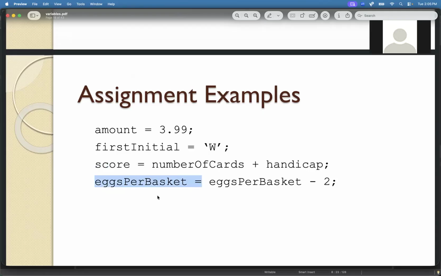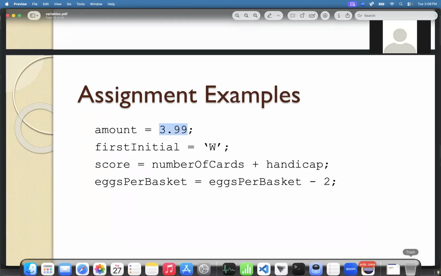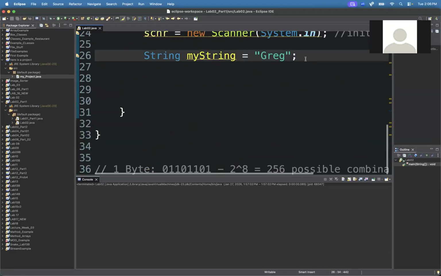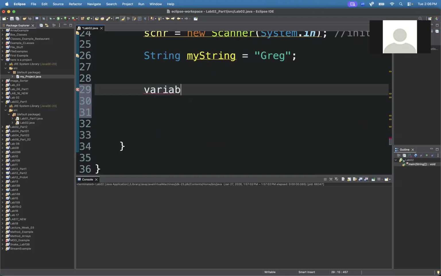It's always one variable on the left, and that variable is where you're going to store an assigned value. So on the left-hand side, you say amount and then equals, and then the right side is an expression that can be evaluated. So it's always variable name